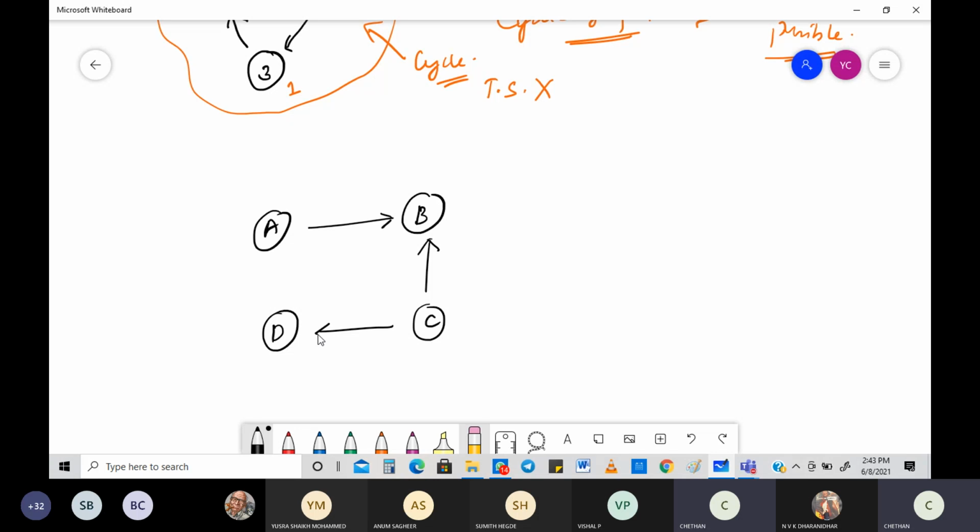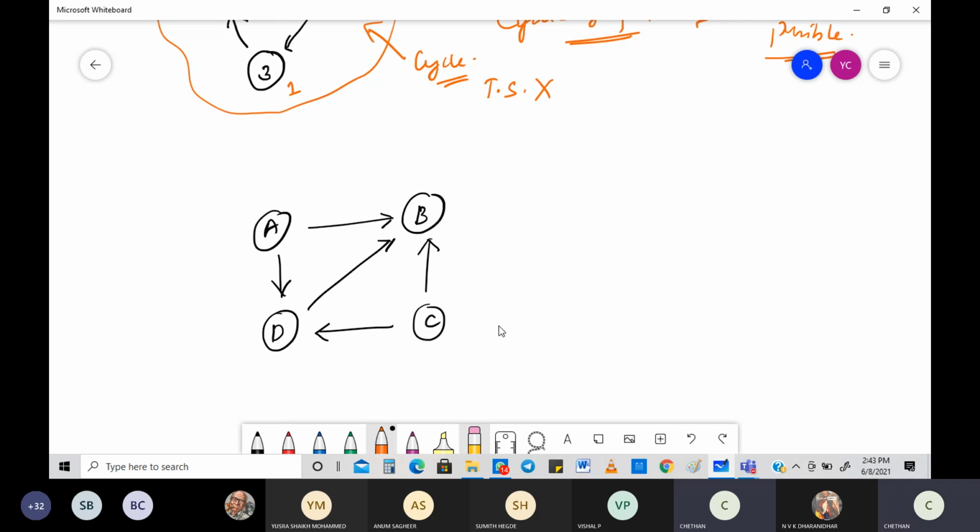See, this may look as if it is having a cycle, but be careful. That is the reason I have taken this example. People may be thinking, hey, it's a cycle. Where? A to D, then D to B, then nothing. A to B, then that's all. Nowhere does it form a cycle. So this is not a cyclic graph. This is a directed graph. It's an acyclic graph. It's a DAG, a directed acyclic graph.